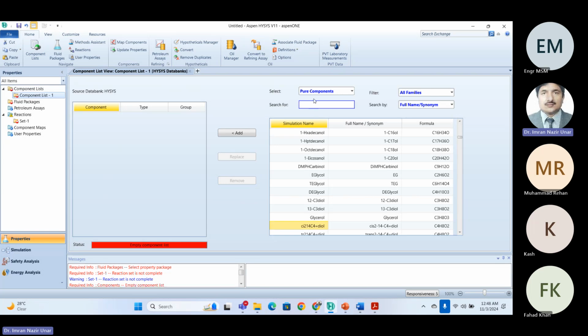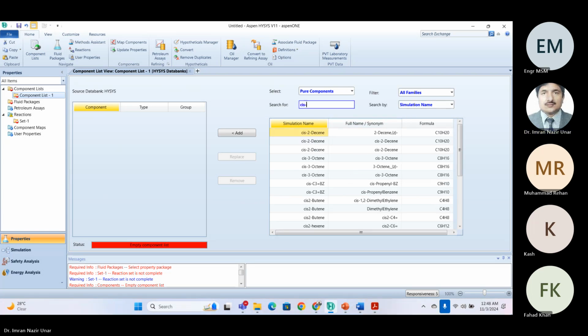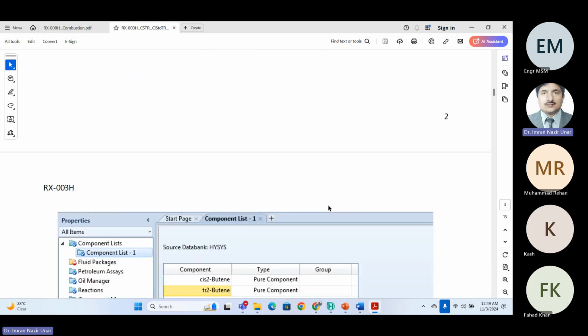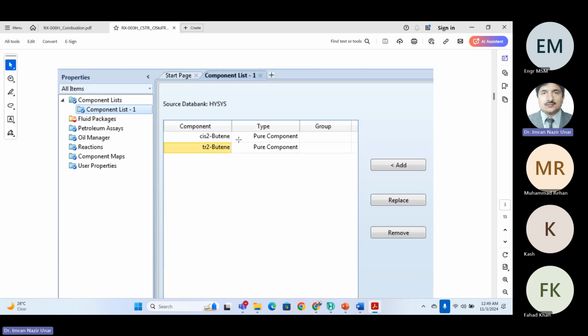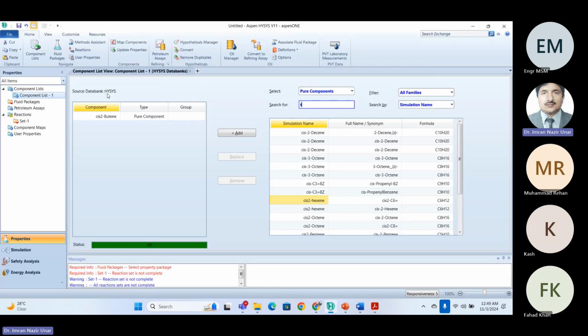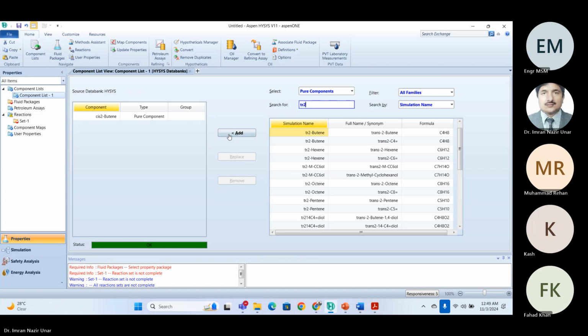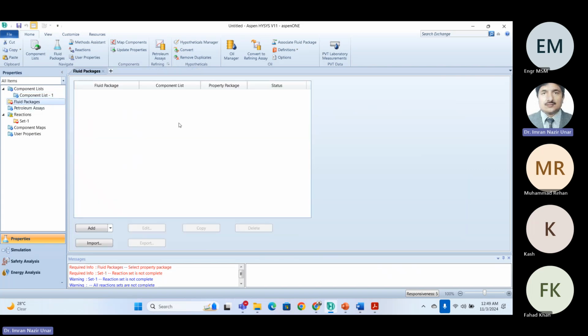चलें, अब मुझे ये बताएं आप लोग कि मैंने कौन सा कंपोनेंट लिया है। ऑल फिगर को फुल नेम सिमुलेशन नेम देखें, CIS ब्यूटीन और यस CIS, और ये असल में लेना था CIS ब्यूटीन और TR2 ब्यूटीन। दोनों का मॉलिक्यूलर फार्मूला सेम है, बट उसका स्ट्रक्चर डिफरेंट है।